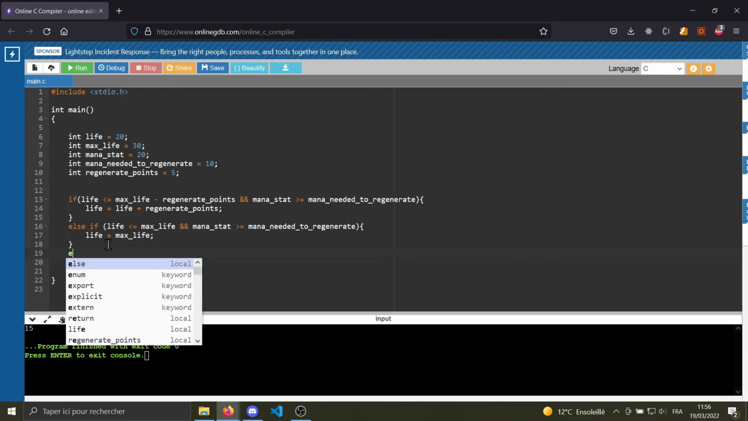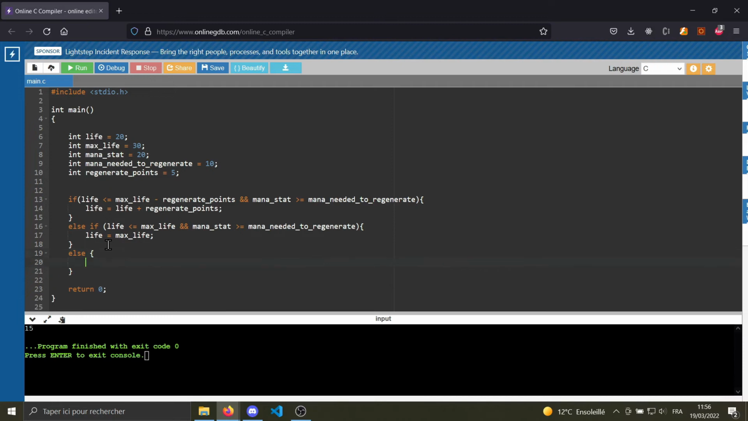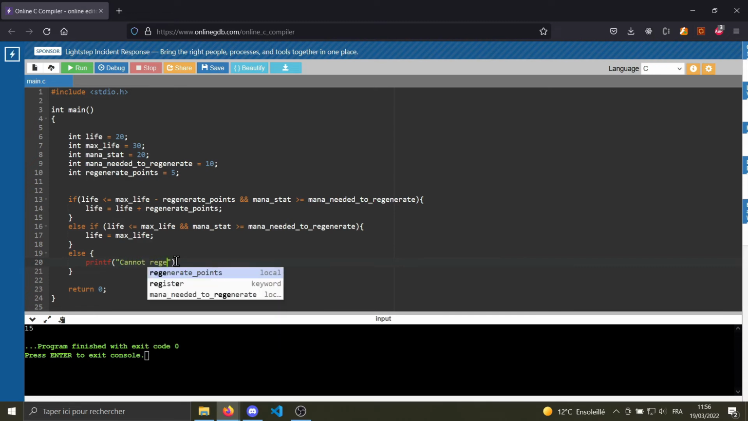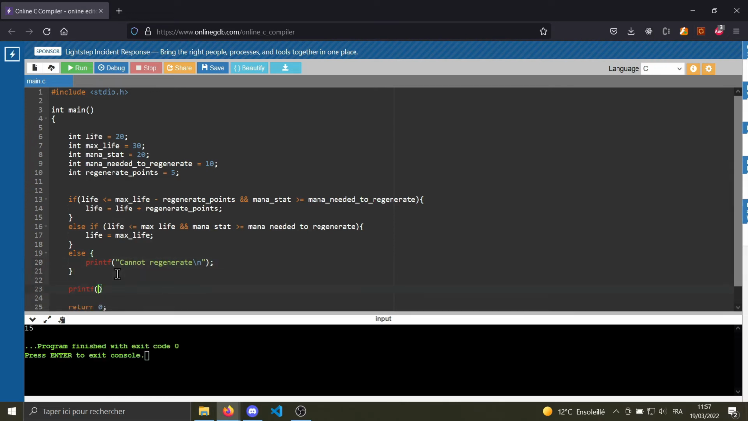Now, if none of the statements are true, we just have this else. So in this case, if life is greater than max life, or if mana stat is less than mana needed, we can't regenerate. So we tell our player a message, cannot regenerate, \n. So we create a new line at the end of our message, and here we will print the life. So %d